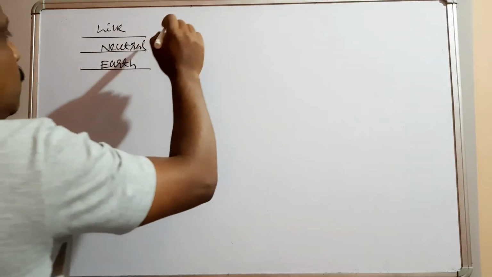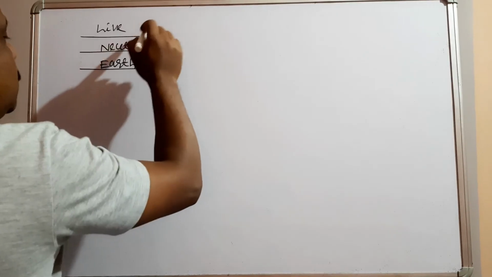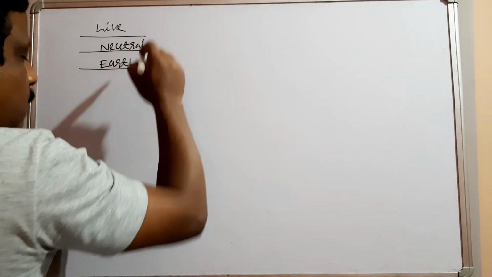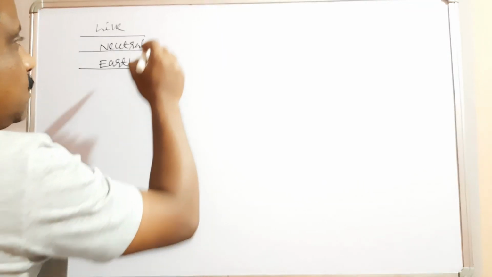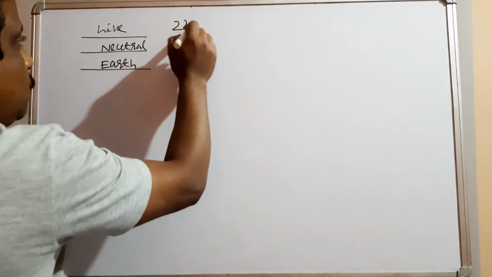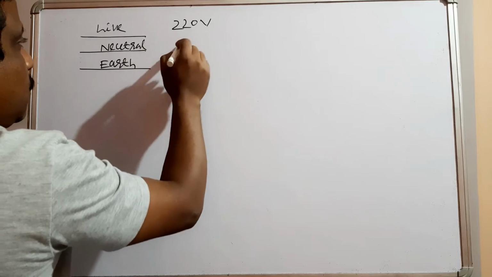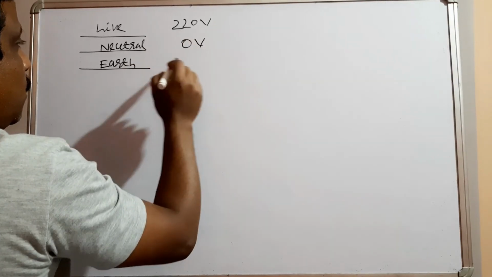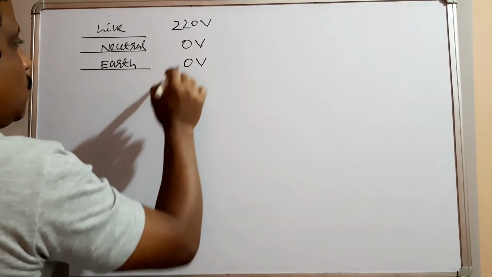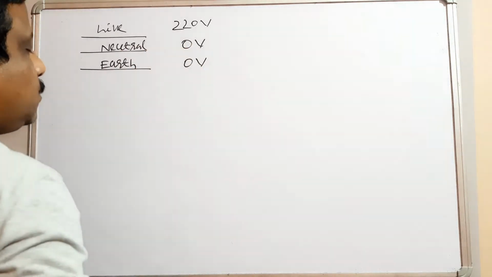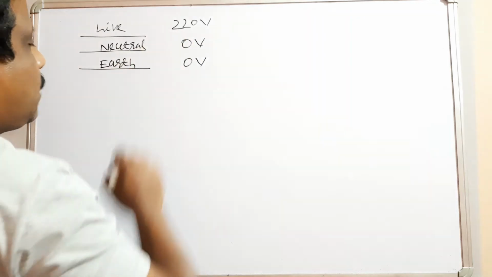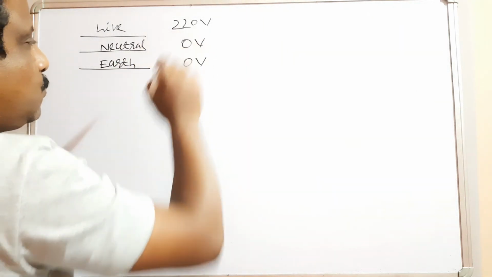First, you know what the voltage is. Voltage of the live wire: at what voltage is current supplied to our house? At 220 volt, as I have explained here. So the voltage here is 220 volt. The neutral wire is 0 volt and the earth wire is also 0 volt. These 2 wires, neutral and earth, have the same potential, 0 volt. But through the live wire current is coming, so it is at 220 volt.